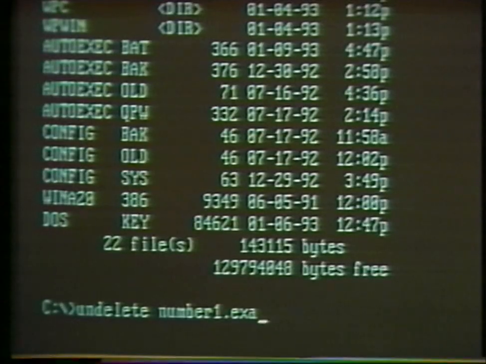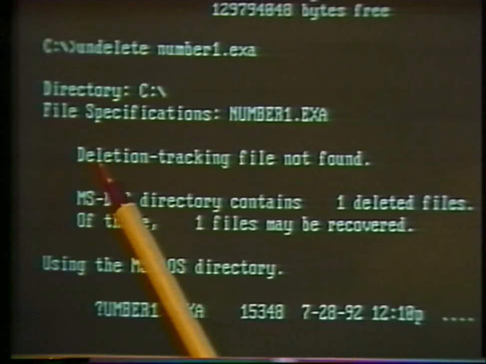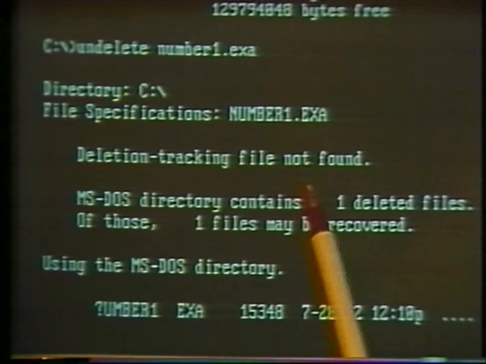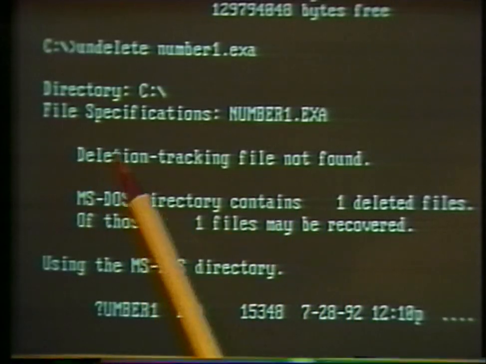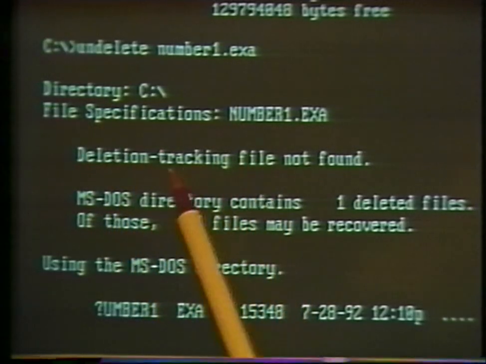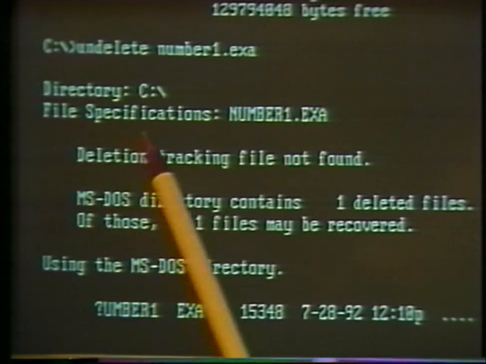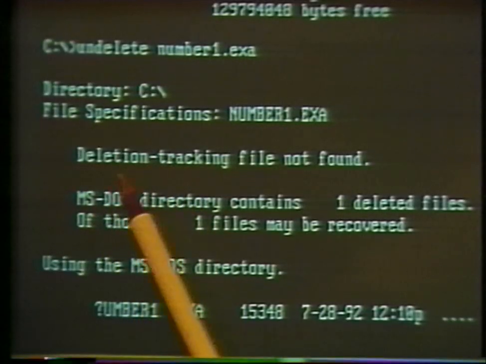And then hit enter. And the computer tells us that the deletion tracking file has not been found. This is a special file that can be set up that keeps track of deletions that you make so that you might undelete them. We haven't got one of those set up at the current time, but